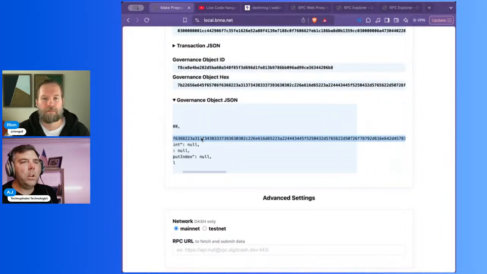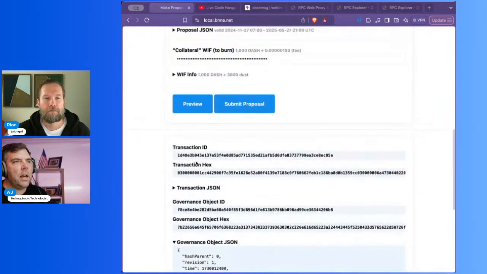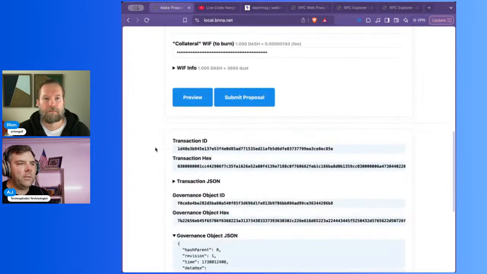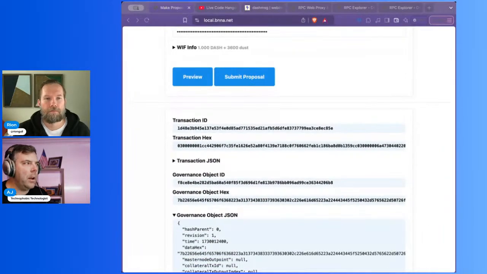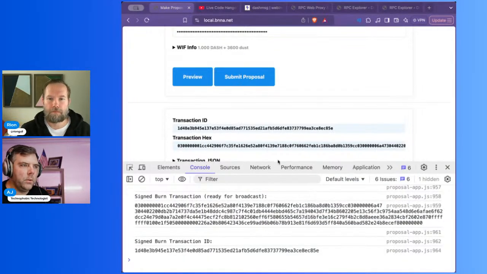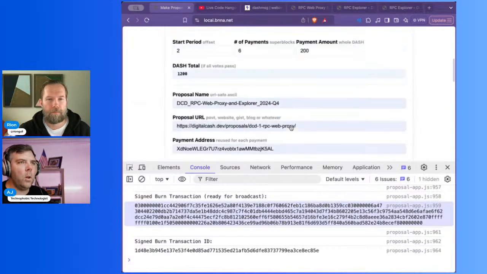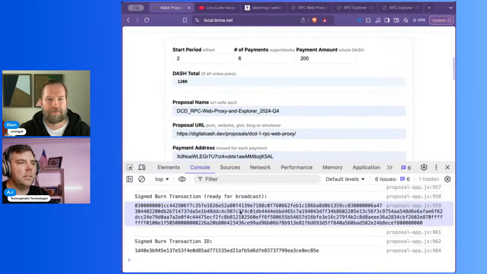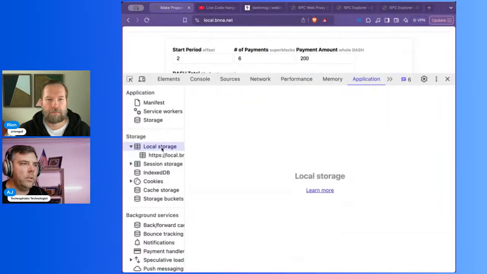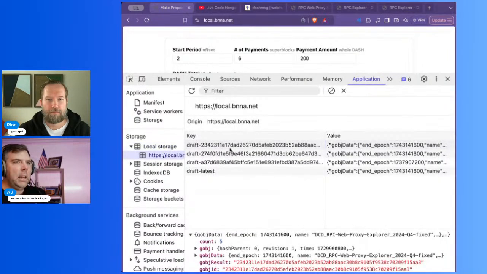And then, so this tool, one of the things that it does is it actually saves everything in local storage, except for the WIF. So if I were to open it up, let's see, I have to do something to have it show this in there. Let's try this way. Yeah. So in the console, it actually still has all the stuff from the command line, because the command line was just doing console logs. But if we go into application here, and we look in storage, so you can see here,